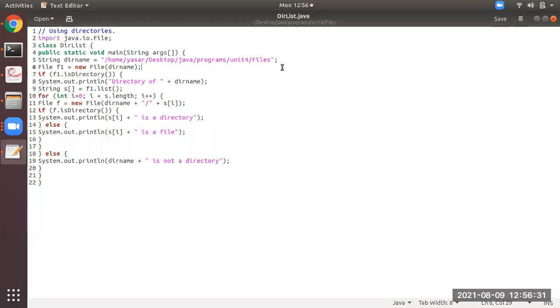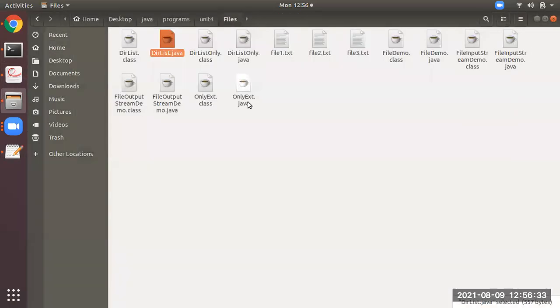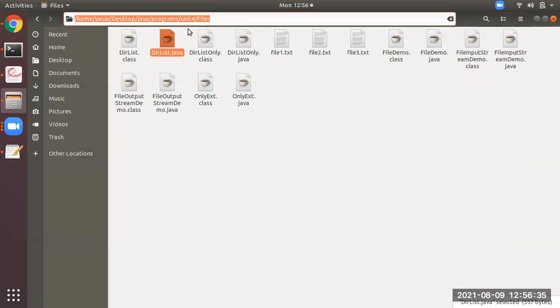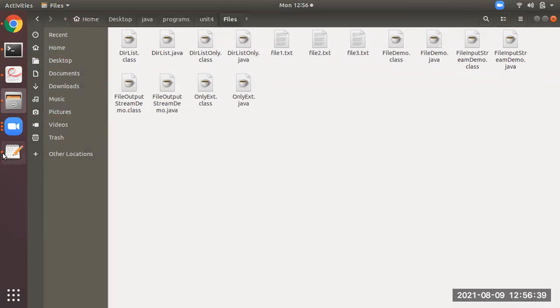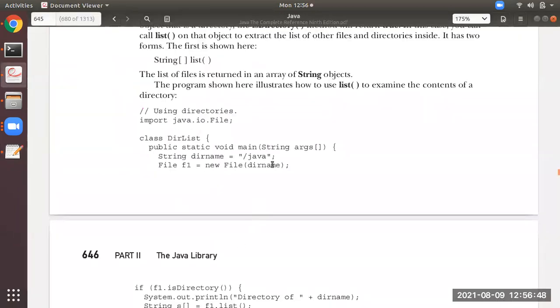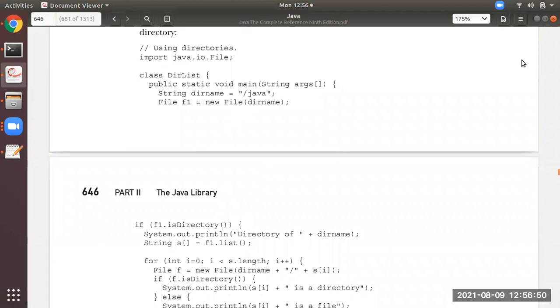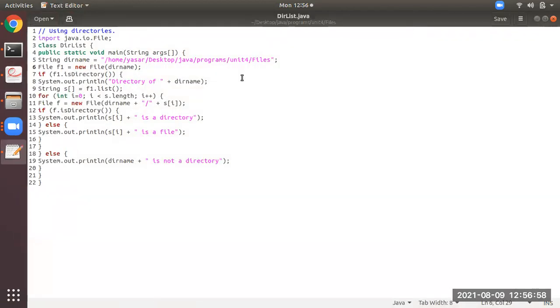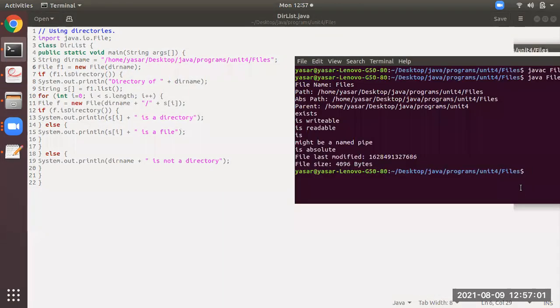Yeah, you see here. I'm pressing Control L. So this is my path of this folder. So I have copied and pasted over here. So according to that, it will work. So you people also, you give your own path according to your computer. Don't give according to the textbook. You will find different output then. Why? Because this person has given the path over here according to his computer. Okay. So let's see the output over here.